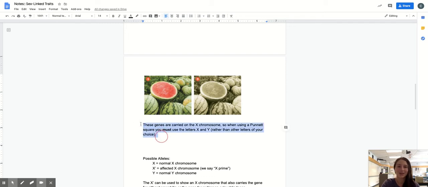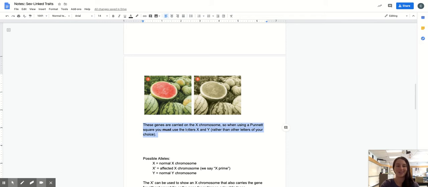All right. So those genes, both the hemophilia and the red-green color blindness, are carried on the X chromosome. The Y chromosome does not have any genes that affect those two conditions. They're carried on the X chromosome. So we're going to do some Punnett squares